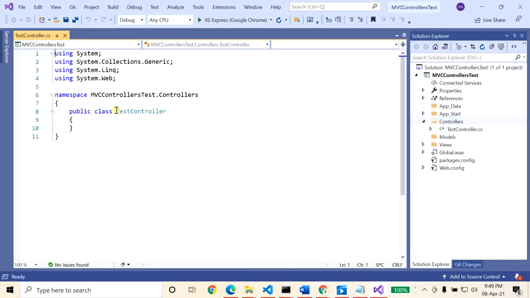You can see public class TestController is added. Currently it is a normal class, not a controller.